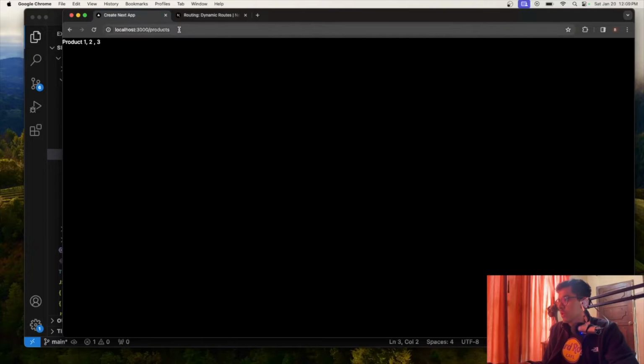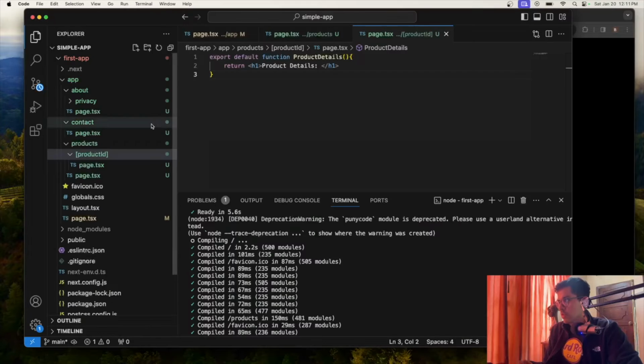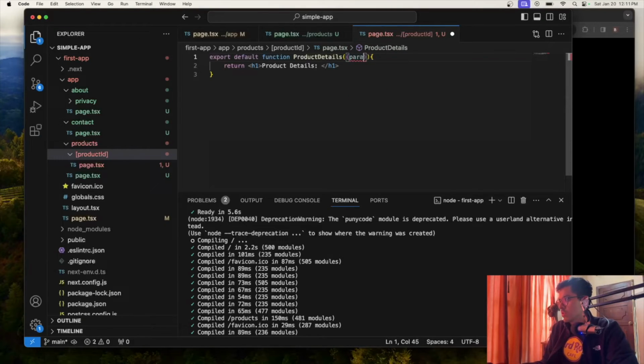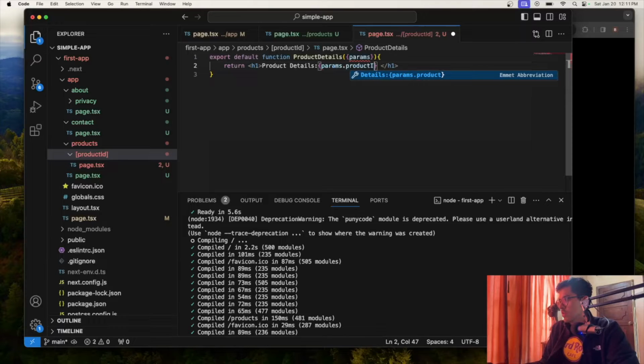So let's say I go to 1, it's going to show me the product details for 1. I go to 2, product details for 2. Of course I can make a call to my database and match the IDs from here to what I have stored there, and it's going to show me whatever is in the product details for product number 1. Alright, so basically we're going to be passing the params here so that you can see it. So we'll say params, and then here we'll pass params.productId, because that's what we named the